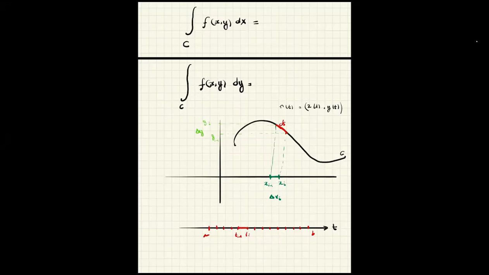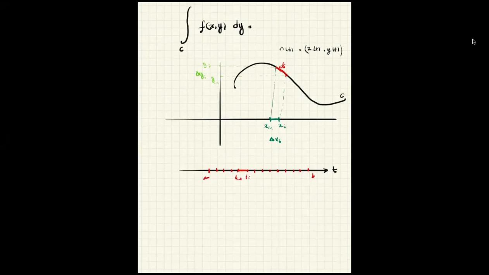It's very different from what we were doing with double integrals, because in the case of double integrals, we had the freedom to vary x and y. Those are the variables. Now the variables are not x and y. The variable is only one variable, it's t. This is what you can vary. And that's why here it's a constant width in this subinterval. Here is not necessarily a constant one. So we can do the exact same thing here,